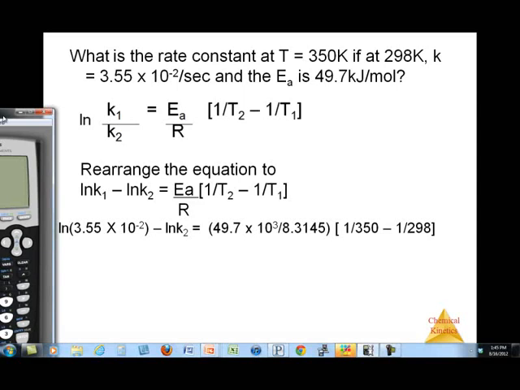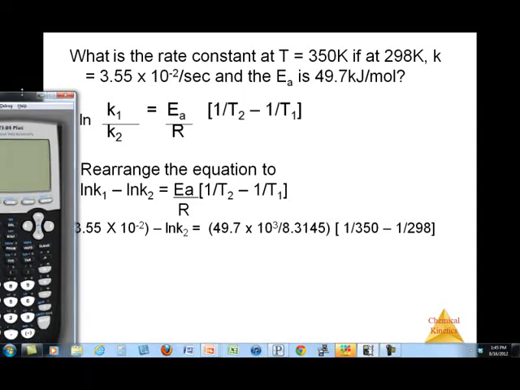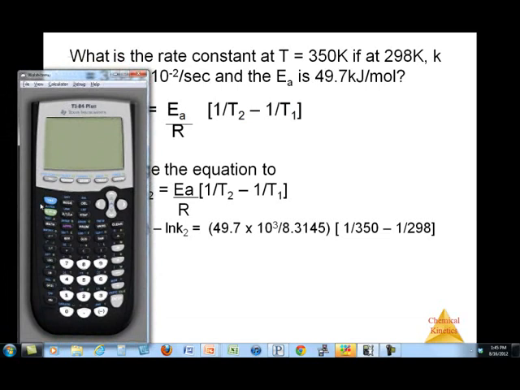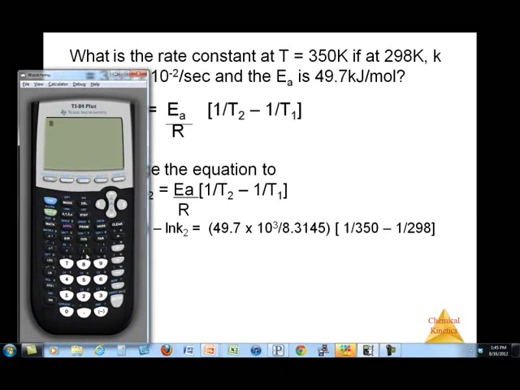Alright, so let's first calculate this piece, and I'll just go through and calculate and make sure that we're all good. Alright, I'm going to clear that. And I tend to over-parenthesize stuff to make sure that I'm good with my order of operations. So I'm going to start with 49.7, second, EE3. Make sure you're not using the caret. And if you need my explanation for why that won't work, I can show you a couple examples. Divide by